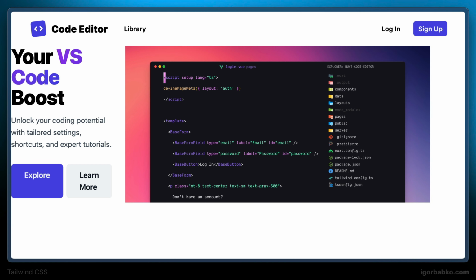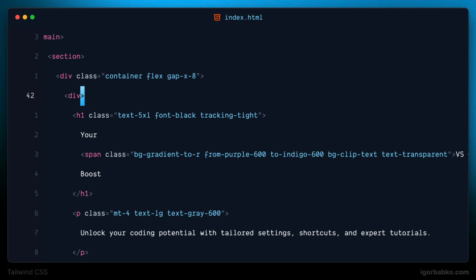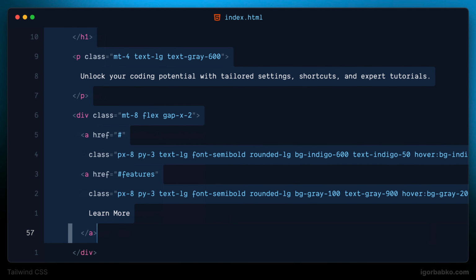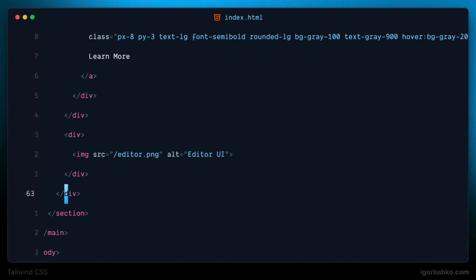Next, let's also add some spacing to the section itself. For example, let's use 28 units as padding from the top and 48 units as padding from the bottom. And just to make the wrapper with an image always cover 2/3 of this parent container, I'm going to use